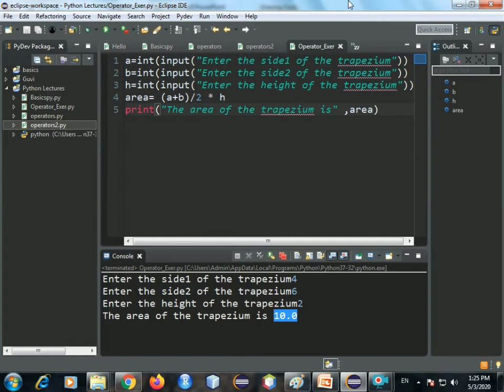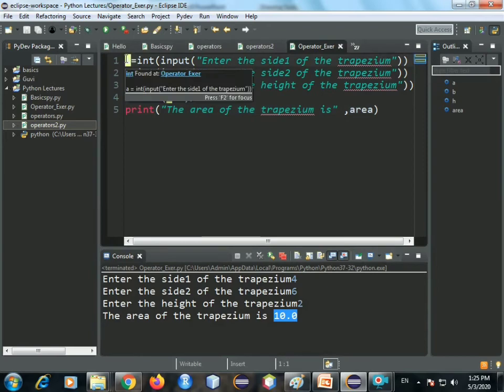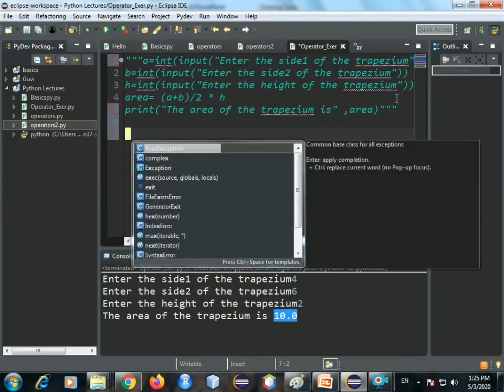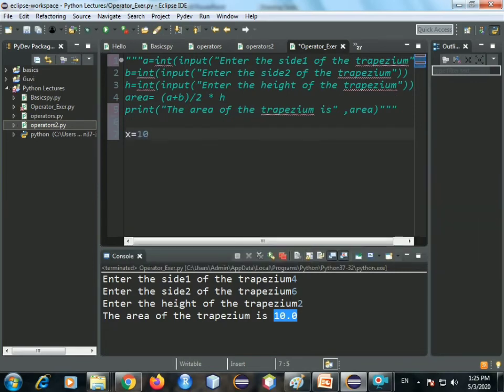Alright, so we found the area of a square, we found the area of a trapezium. Now let's carry out another example. Let's say I want to try out the logical AND operator. Okay, but this time in a little more complex format. In a variable x, let us store a float number 10.0.